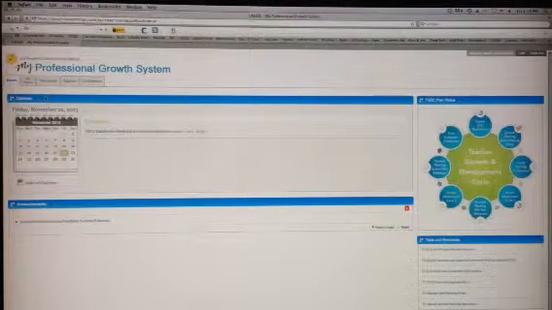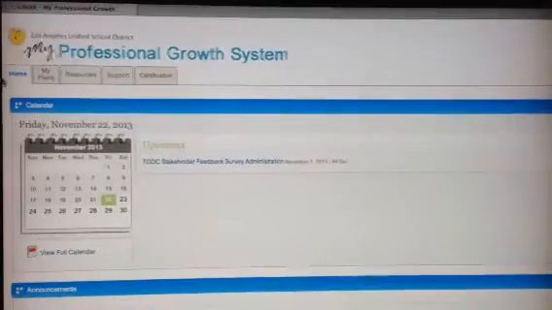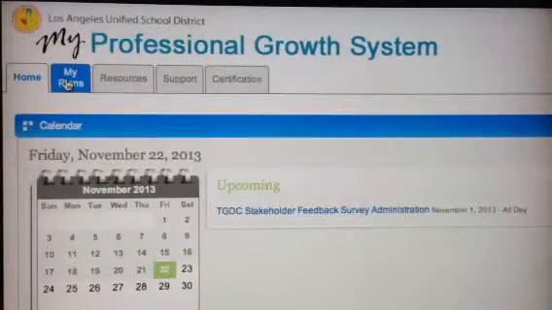Congratulations, everyone. You made it to the final phase of our formal observation cycle number 1. I brought you here to your MyPGS page. I'm using Marks as an example. So I'm going to enlarge here so you can see where we're going, what we're doing. You're going to go to the My Plans